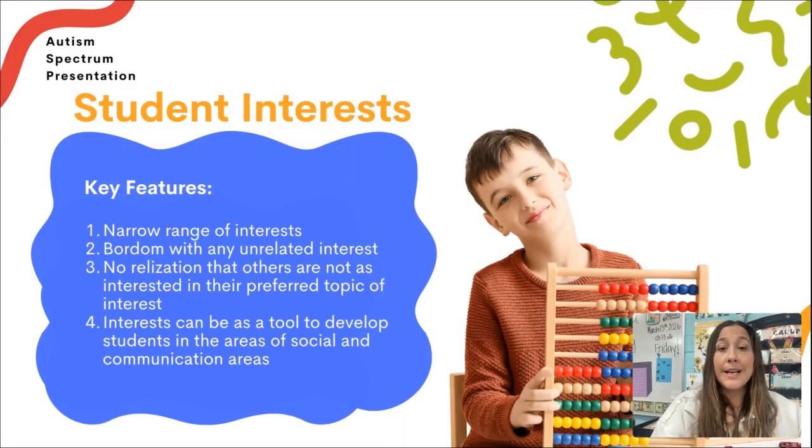Some of the student interests, we kind of need to think about this: students with autism have a very specific interest. Most of them have specific things that they enjoy, that they like, and anything else to them doesn't really matter. So we can use this as a teacher. It is a huge tool for you to use. It encourages them, it pushes them, it motivates them. So their interest may seem like a hurdle for you as an educator, but really it is a tool to use to your benefit, because once you figure out what a student is interested in, you can push them to do challenging things, to interact more, because they want to